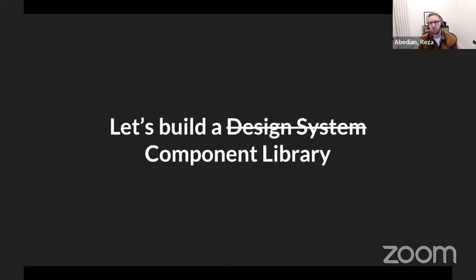So we decided that in order to meet the increasing sophistication of our users, we needed to increase the sophistication of our offering. I have the phrase design system here crossed out because in many ways, what we already had was a design system of sorts. But what we really needed to do was level up our tech implementation so our UXers could further express their design decisions into those applications that developers were building.